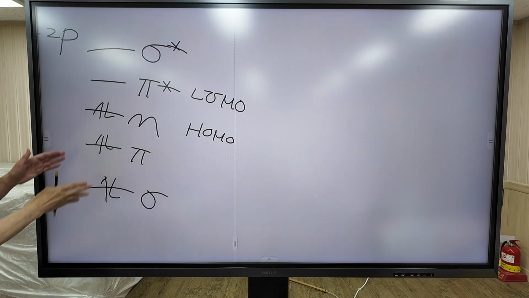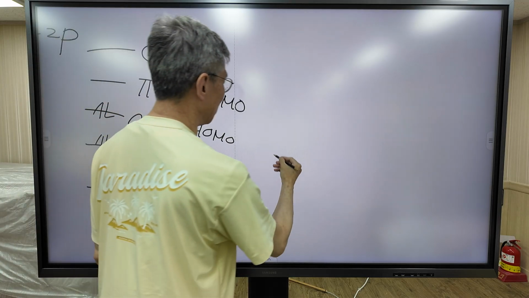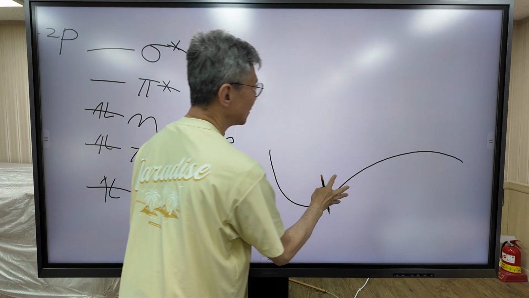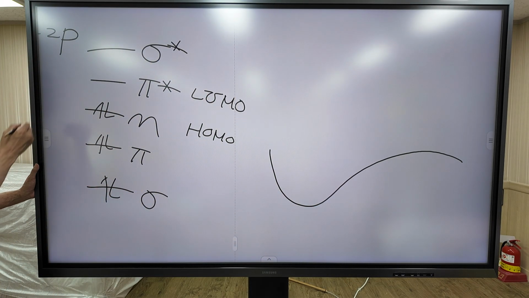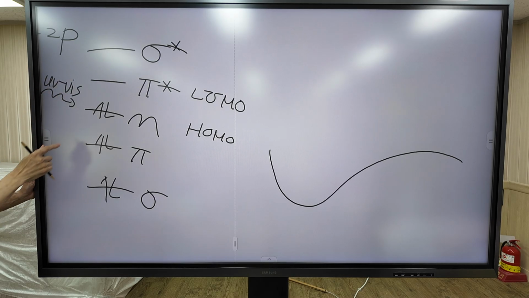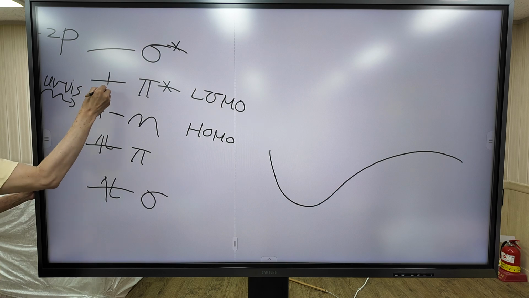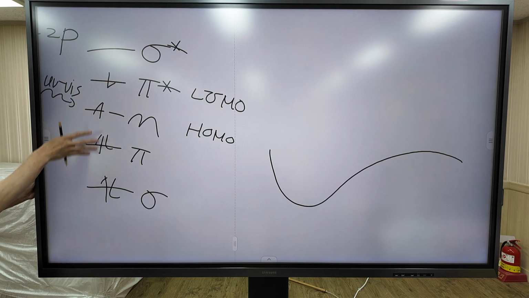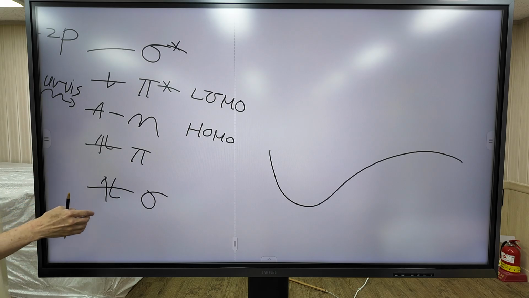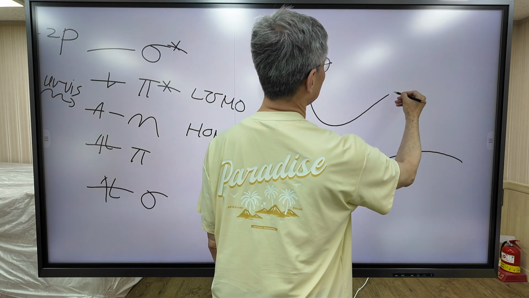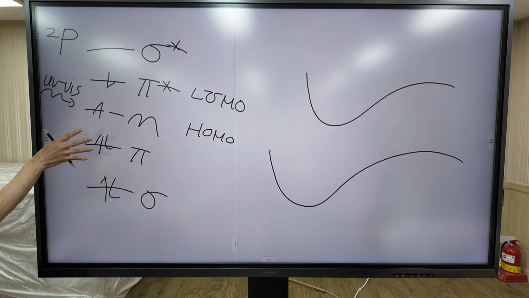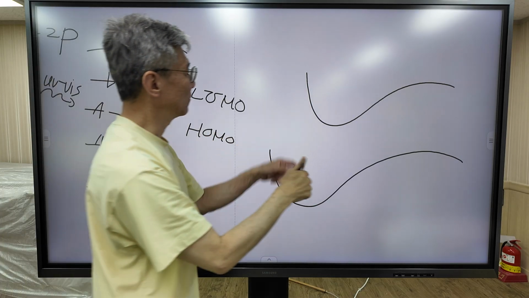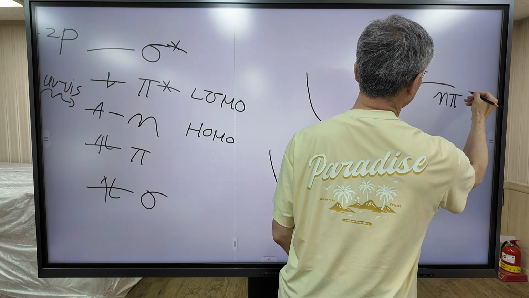So with this configuration, we can draw a potential energy diagram. This potential energy diagram corresponds to this ground state electronic configuration. When the UV visible light is irradiated, electrons in the non-bonding orbital make a transition to pi star orbital. With this configuration, we can draw a potential energy curve. This potential energy curve corresponds to this electronic configuration. For short notation, this configuration is n pi star.